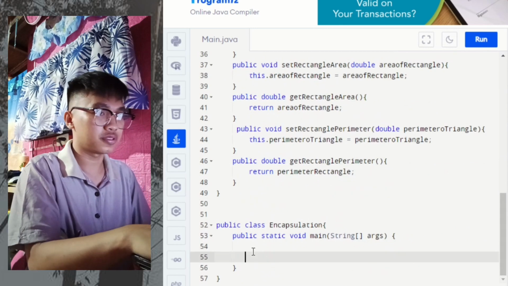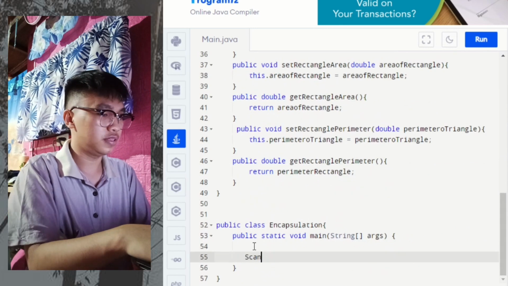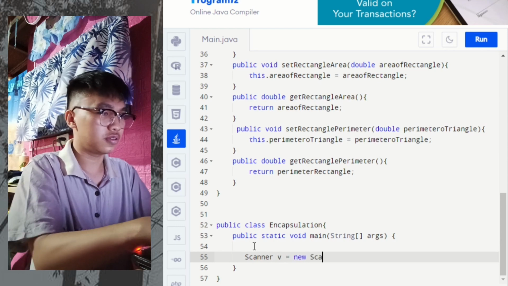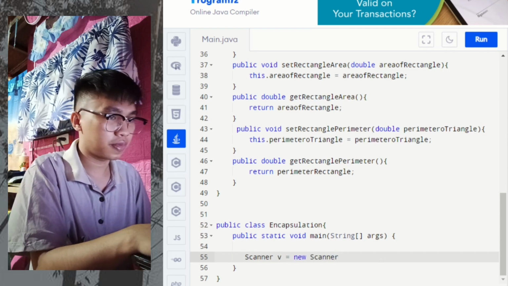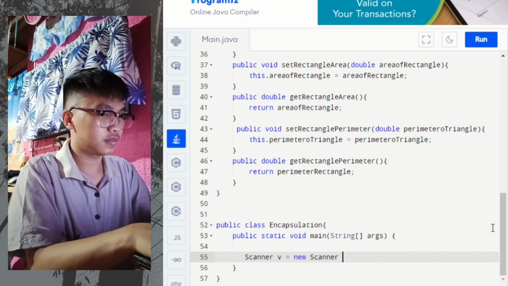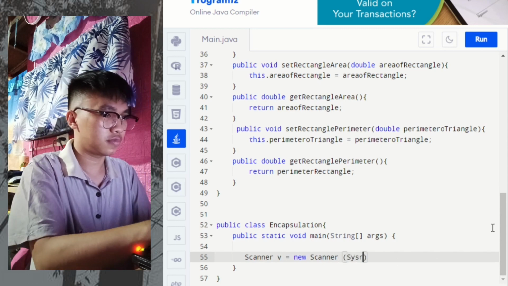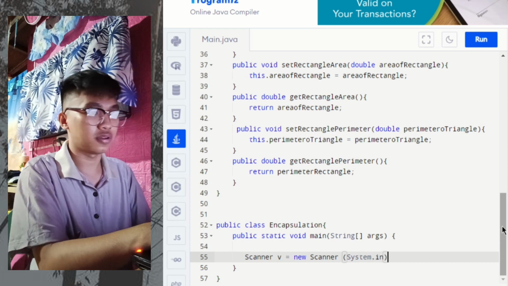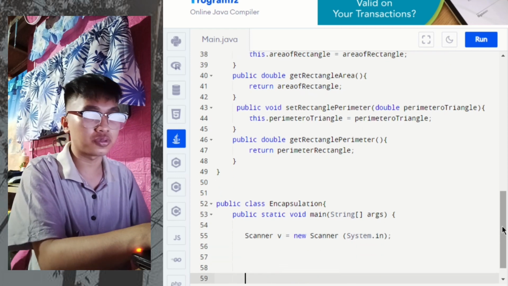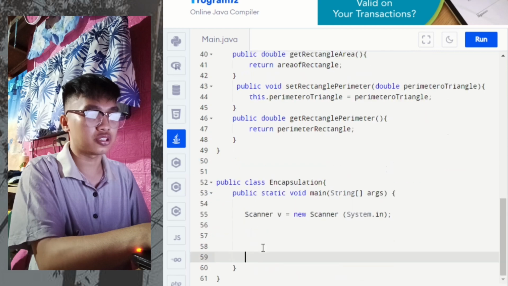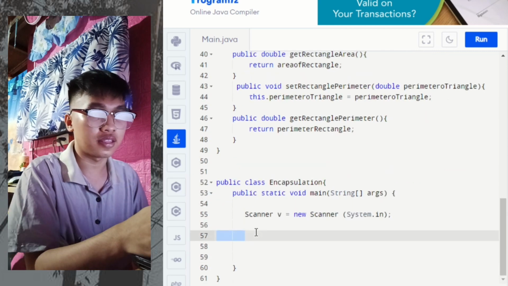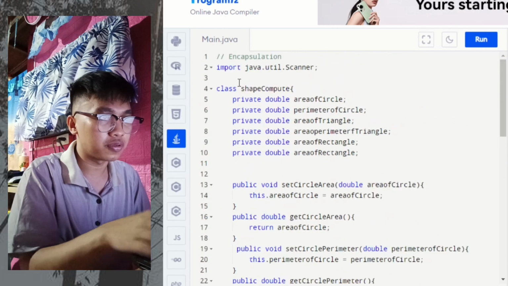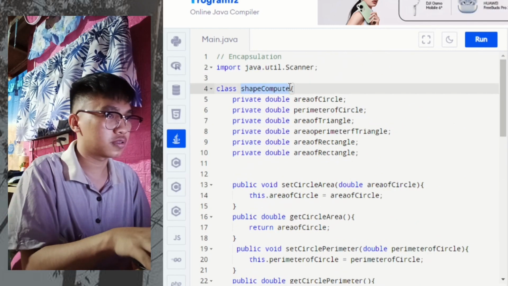Now we have to put Scanner b is equals to new Scanner(System.in); semicolon. So under the scanner, we have to create an object, which is the name of the class, which is the ShapeCompute. Let me just copy this,